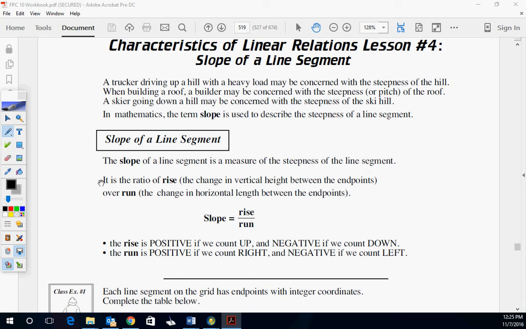So Unit 4, Lesson 1. Okay, I know it says Lesson 4, but we're starting with slope of a line segment for our first lesson